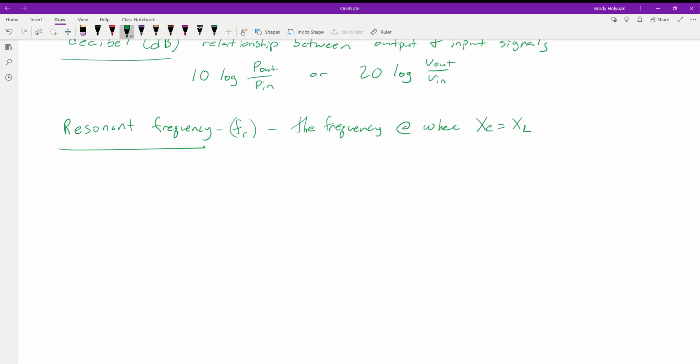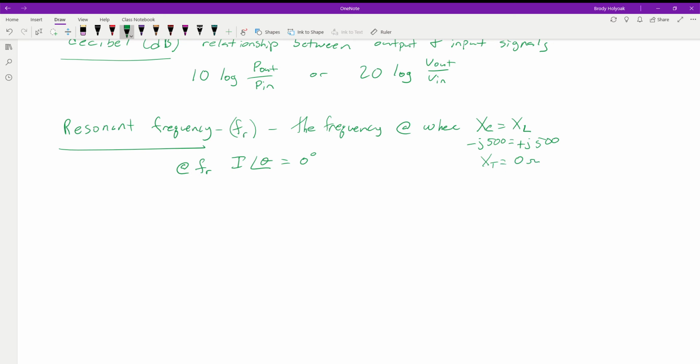But anyways, we have our resonant frequency. When we're at our resonant frequency, some of the cool things that happen: our current has an angle of 0 degrees. Remember, this is a minus j value and this is a plus j value. So for example, if we had 500 ohms of reactance for both, we would have a minus j500 and a positive j500, and remember, that's just in relation to their phase. In this case, we end up with a net reactance of 0, so they actually cancel each other out.